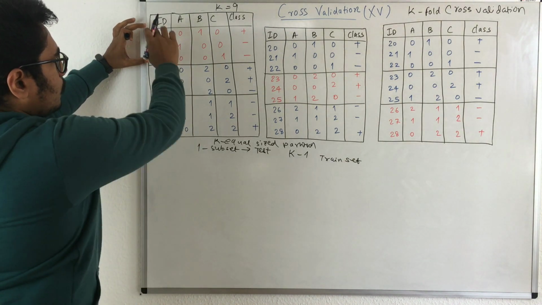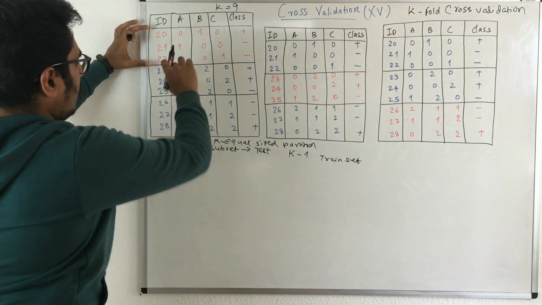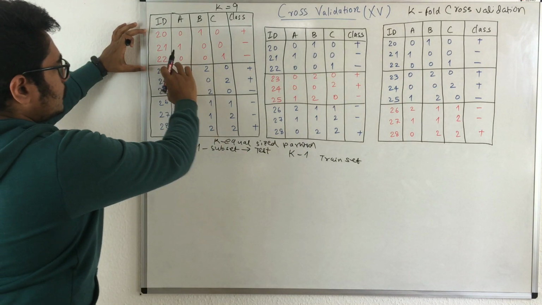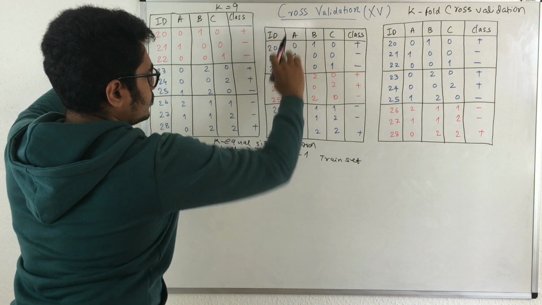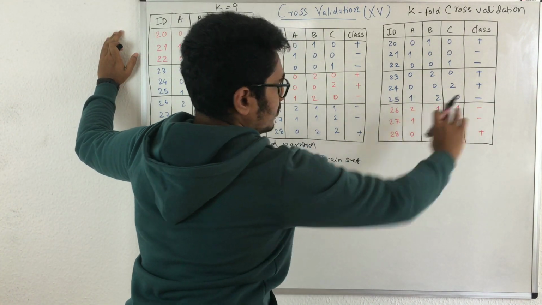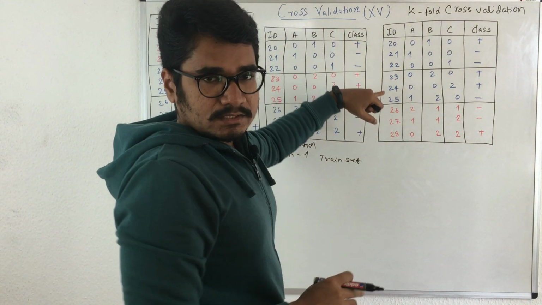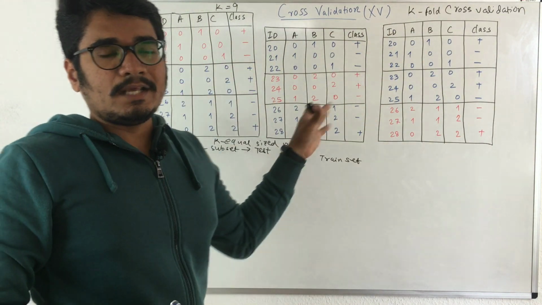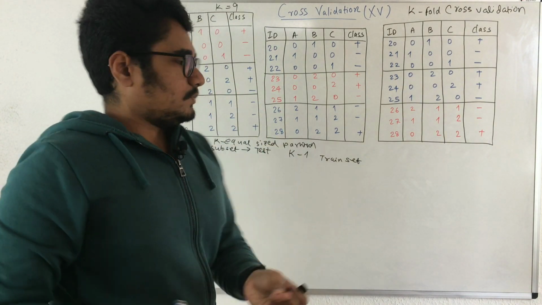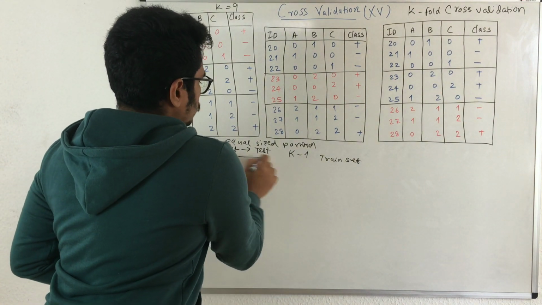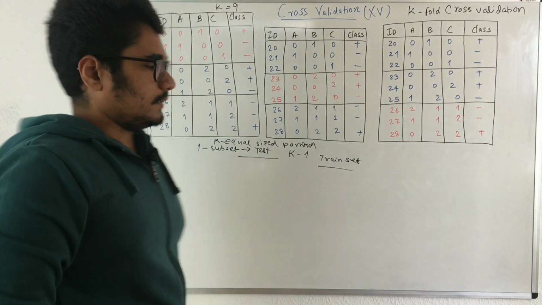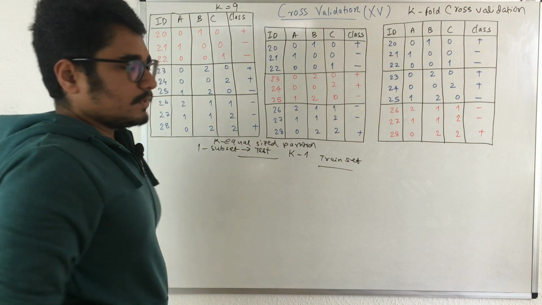The very first part that you can see, I've considered as the test set, and the rest 2 as the training set. In the next iteration, I consider this middle part as the test set and the first and the last parts as the training set, whereas in the last iteration I have kept the last part as the test set and the first and second as the training set. So you can see the test sets never overlap, and each segment participates in at least one test set. That is the main motto of this. The remaining can be used for the training set. Now the rest of the approach remains simple.